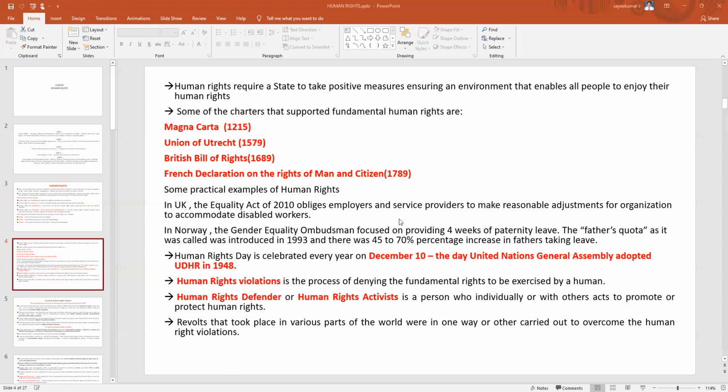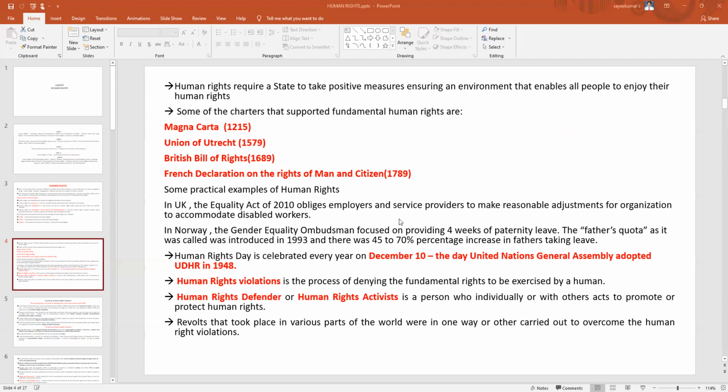And human rights is a very important topic as far as engineering is concerned, because an engineer must know the set of labor laws, the set of activities he can perform, and the set of authorities he can exercise over his employees. Everything must be known by an engineer because it is his prime duty, since an engineer is nearly equivalent to an entrepreneur. So keeping this point in mind, it is a very important concept.